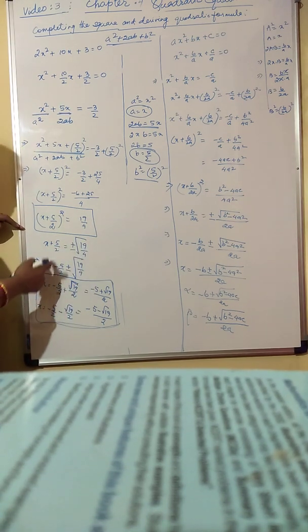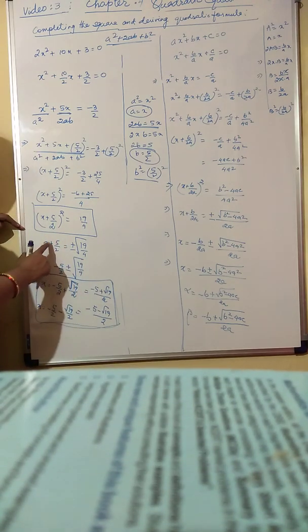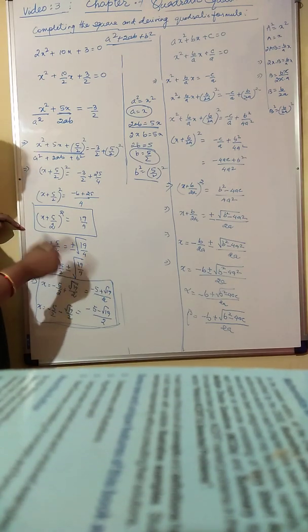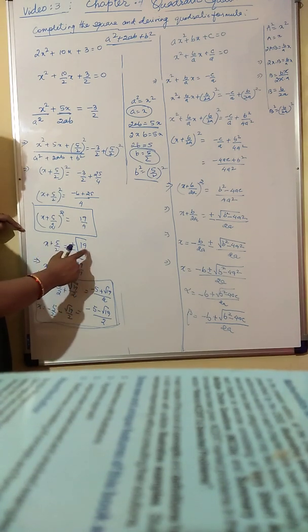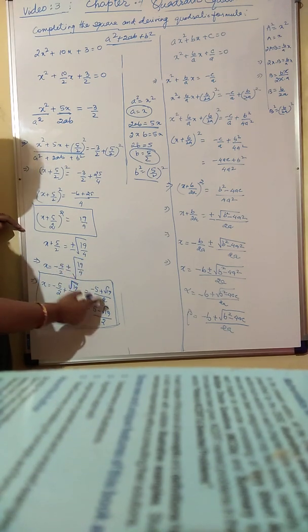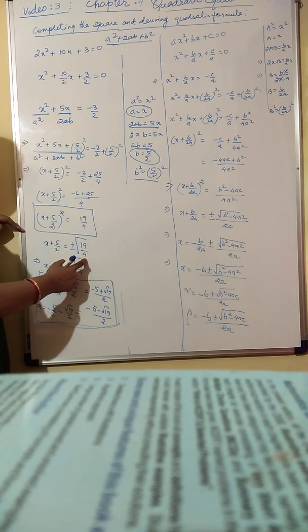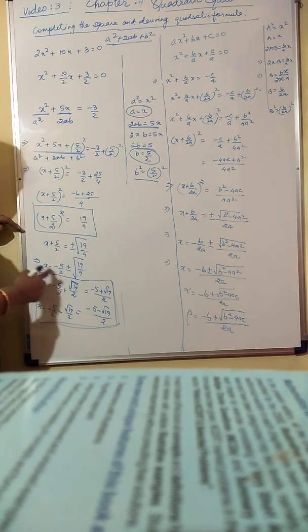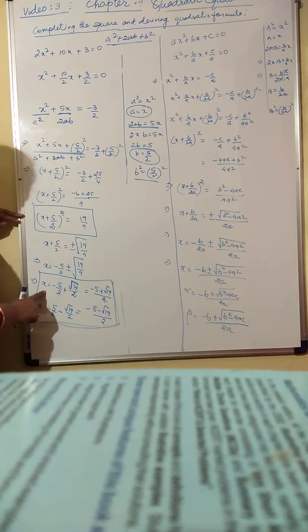So now x is equal to, I transpose 5/2 because I am looking for the value of x. So I transpose 5/2 to the RHS, which gets x equal to minus 5/2 plus minus, because 4 is a perfect square, it will come out of the square root to become 2. So now that will be plus minus root 19 by 2. I have kept it still here, but then in the next equation to follow.